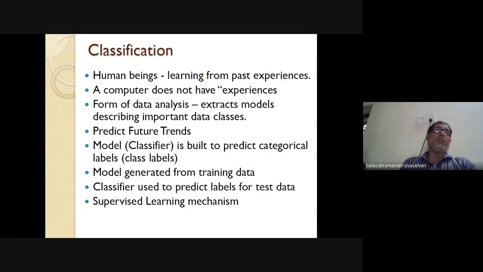And what is the larger focus? I want to extract models. That's what I said: learn a model from training data. Just for the audience, so that you get the terms right away, there are two types of data that you will encounter in a supervised learning setup. One is called the training phase, the other is called the testing phase. The training is where I have this past